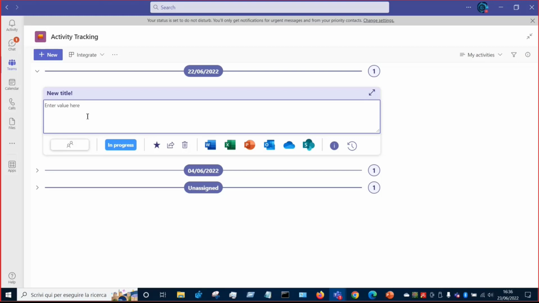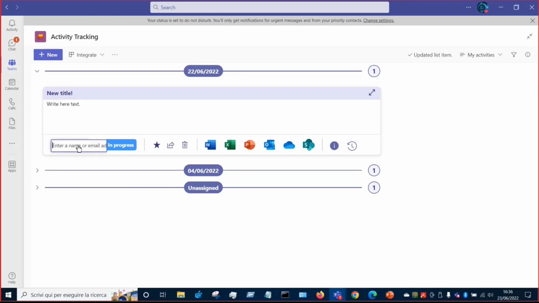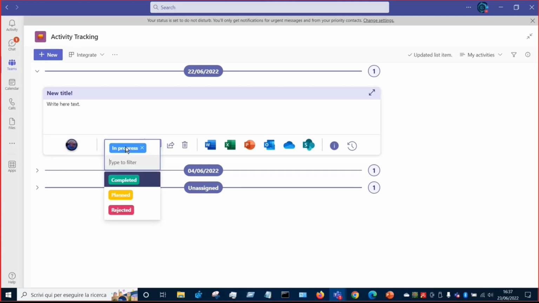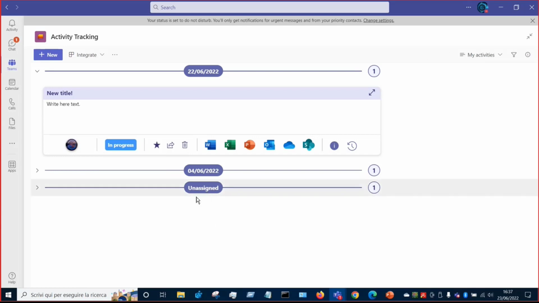For example, I can write here a text. I can choose, for example, the people involved, or if this is a task, well, the people are assigned to this task. For example, Mario Rossi. Here, I can choose, for example, the status, progress and so on. Okay, and